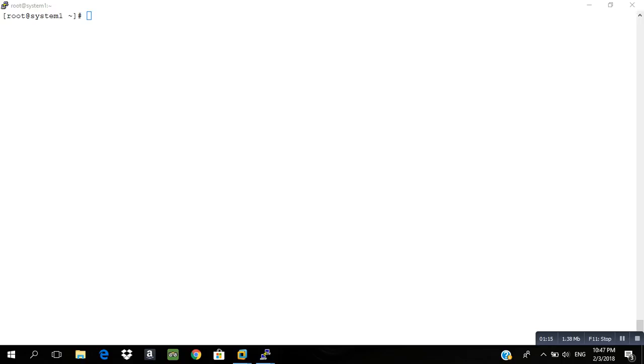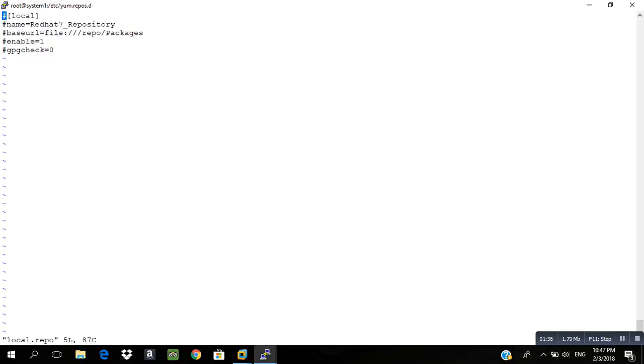So for that, you need to go to cd /etc/yum.repos.d, and I have already created a file that is local.repo. Similarly, you need to create a file local.repo. You need to write a name in the bracket and give a name, base URL, which will be given in your